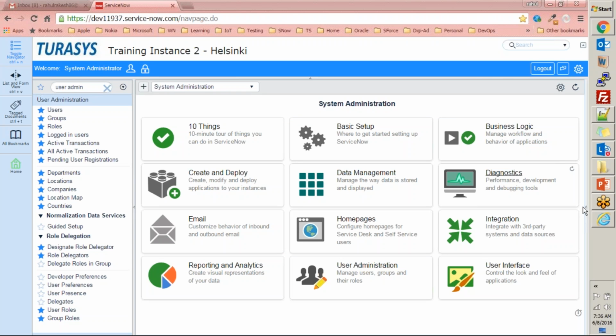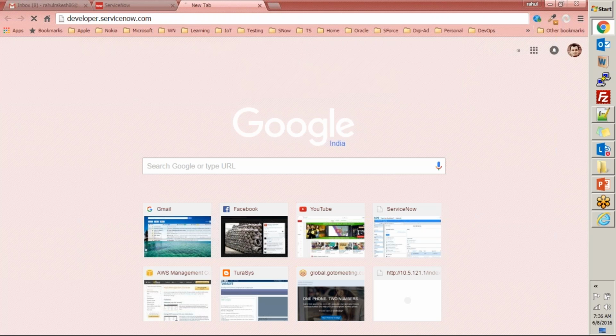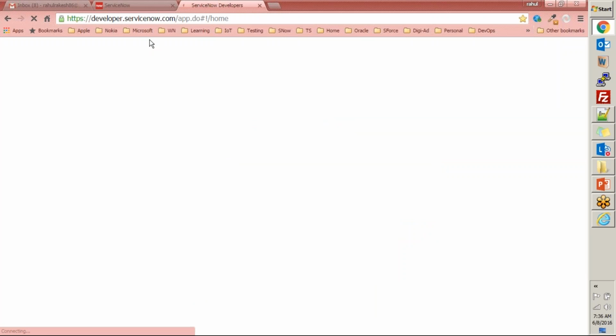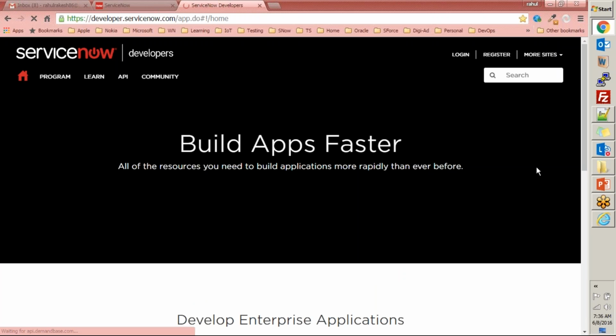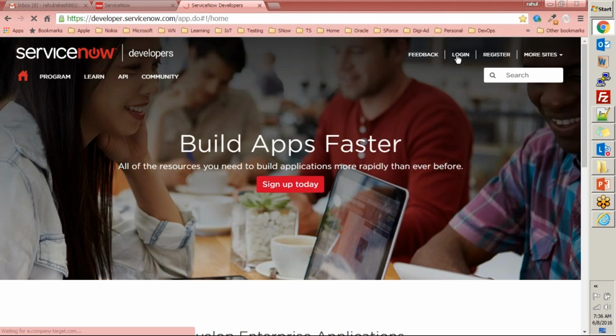So in the morning I was able to generate that URL, but now it is asking from the starting page only. It is like a login problem. Right from the starting page, even I'm logged in. You are using this email ID to log in to developer.servicenow.com? Yes. Okay, and this is the password. Okay, hang on a second. I'll just see what the issue is.